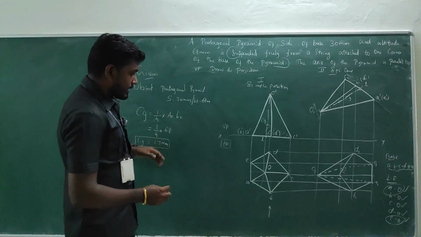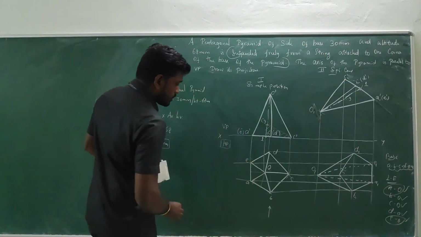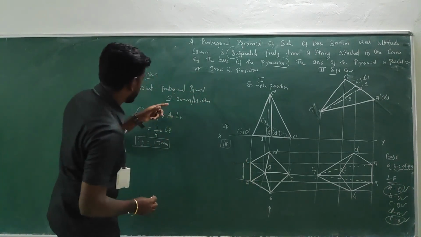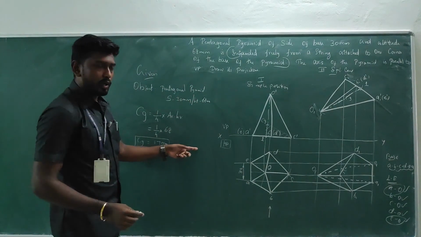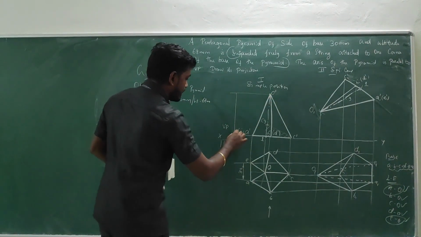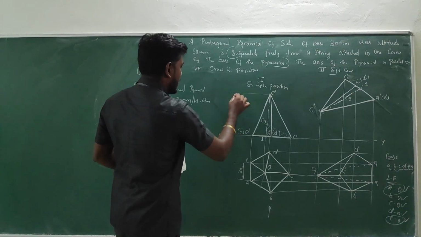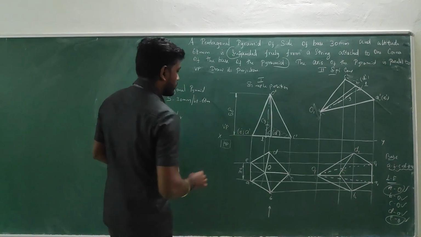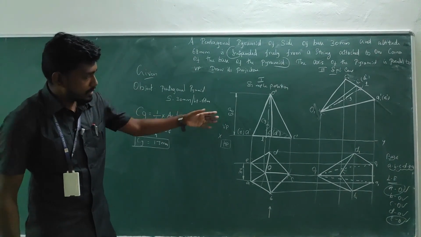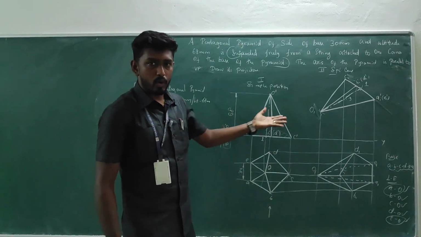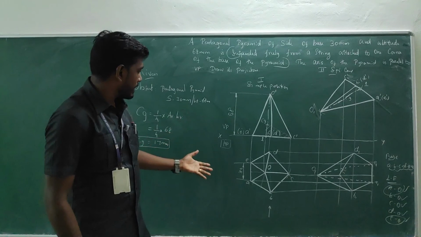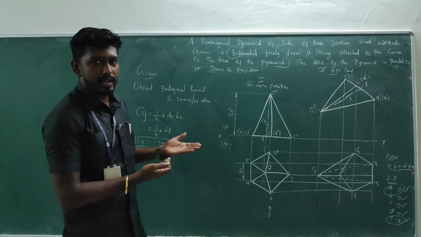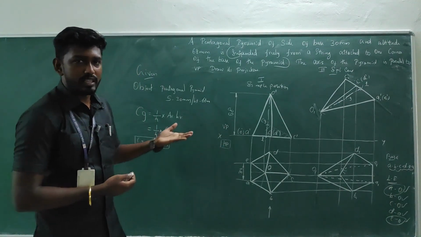Okay, then next thing is the dimension. So here in the base edge we need to specify the size. So in the question it is given as 30, it's not as 30 mm. What about the axis height? Axis height is given as 68. So by noting like this, you can write above the line 68, right? What is next? Any inclination is there? No, no inclination. So I hope I have done the measurements, and at the bottom we can write all dimensions are in mm, and also you can write the scale as 1:1.